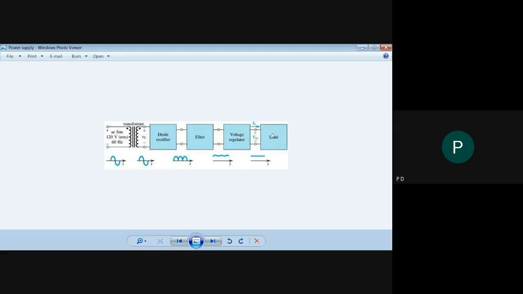Okay, so why is it used? Just to avoid any noise generated. Noise is nothing but a variable signal. We need constant or pure DC. So for that purpose, we have to use here one limiting resistance, the load resistance. Okay, so this is a very simple block diagram of a regulated power supply.